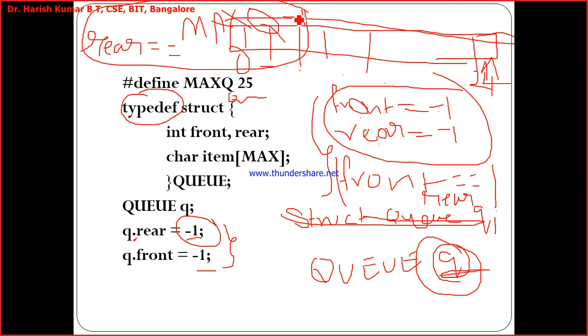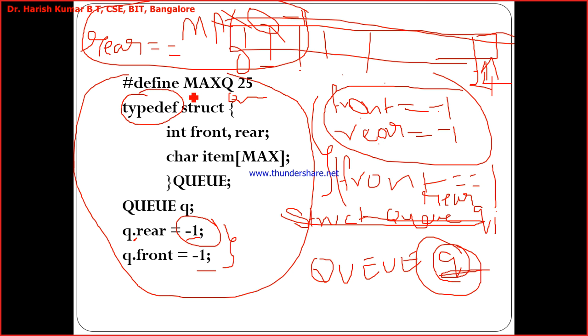But there are a few disadvantages with this ordinary queue, and just to overcome these disadvantages, we go for the circular queue, DQ and priority queue. Okay, now what are the disadvantages? We'll understand. So I hope all of you understood this queue declaration.